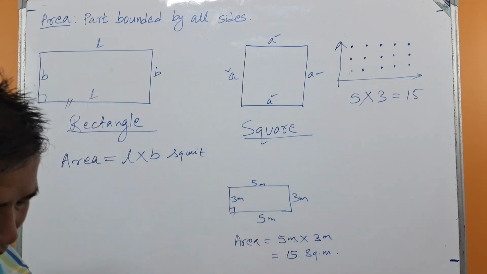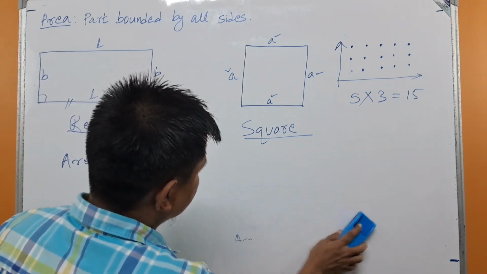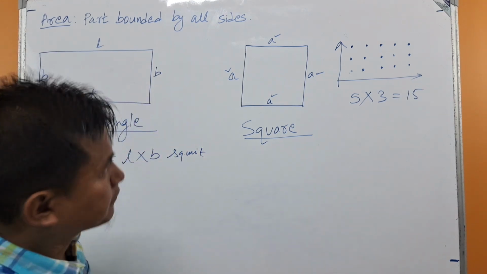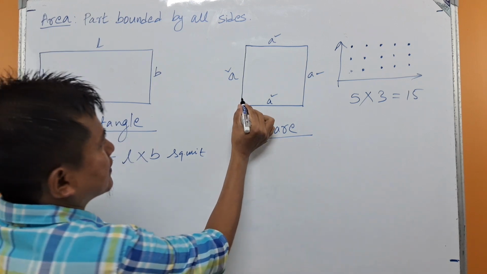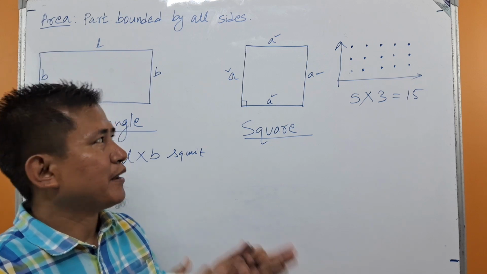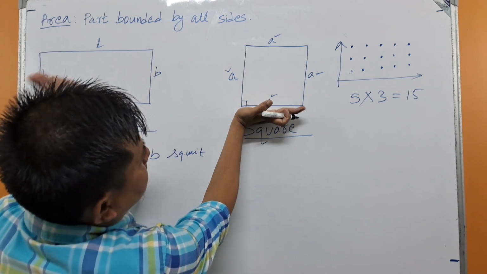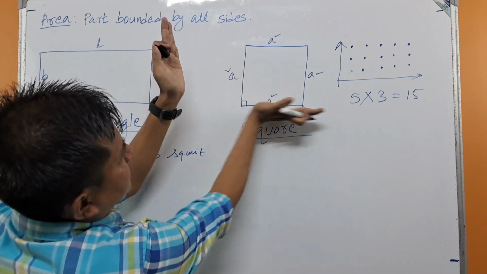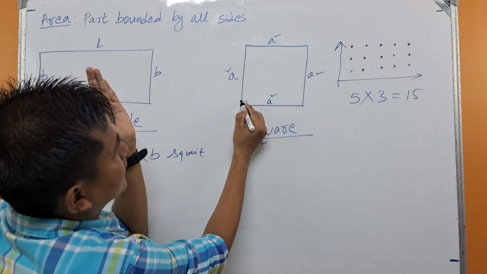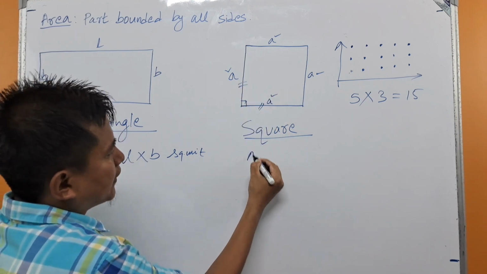Okay, similarly we can find the area of a square as well. So let us see the formula for area of square. This is 90 degree, isn't it? So what we do is we simply multiply the adjacent sides containing 90 degree. Okay, this side times this side. We multiply the adjacent sides containing 90 degree, means this side and this side. So area equal to